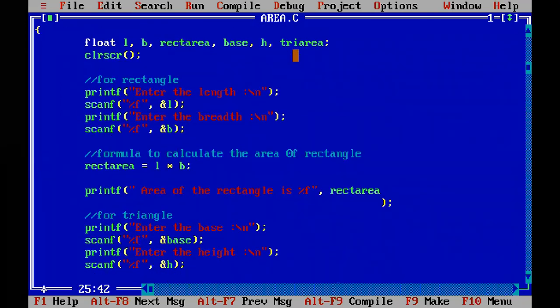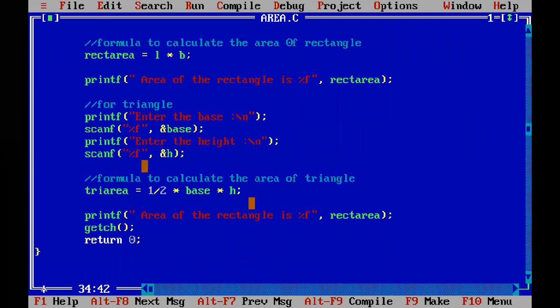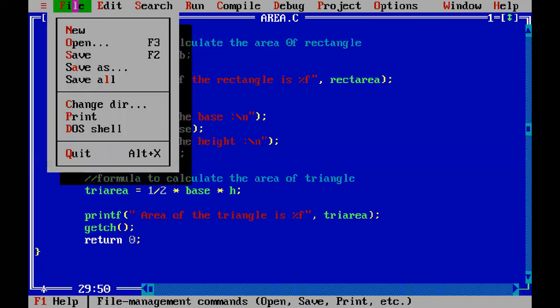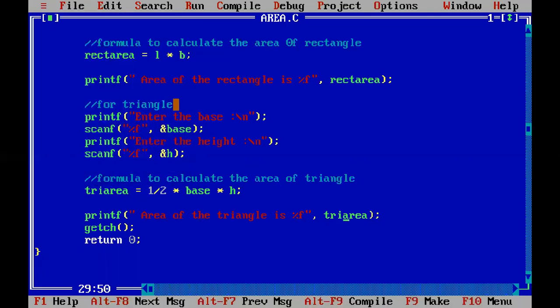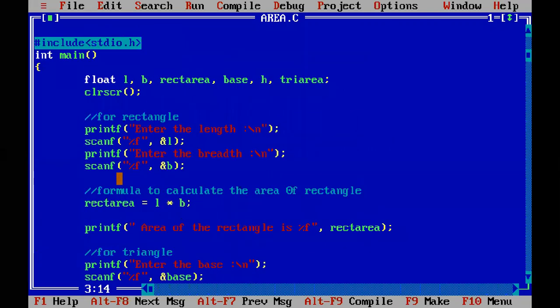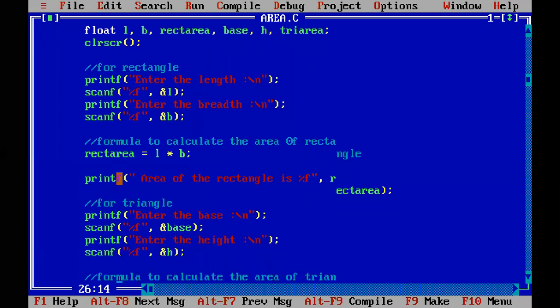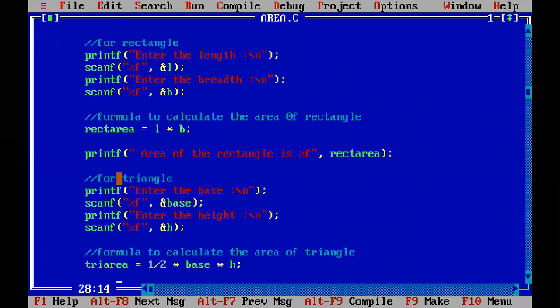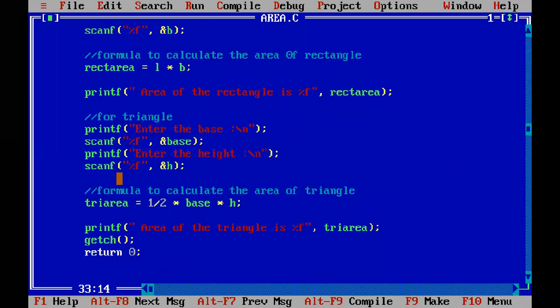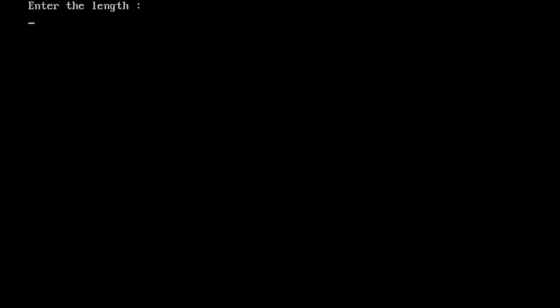Fine. Now area of the rectangle is, oh sorry, here again you have to make the changes accordingly. Triangle is, it's the same thing. The rest is all same. I'll again save it. Because it's a saved file already, you have to simply save it. The name has already been given to this file. So this is the entire program now. First we concentrated only on calculating area of the rectangle, and in the second part we have area of the triangle. Now we will again compile it and run it directly.